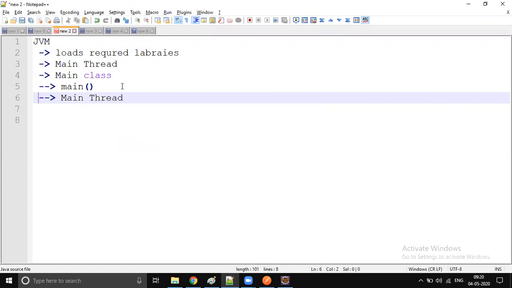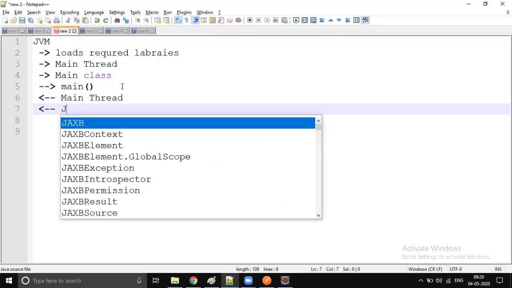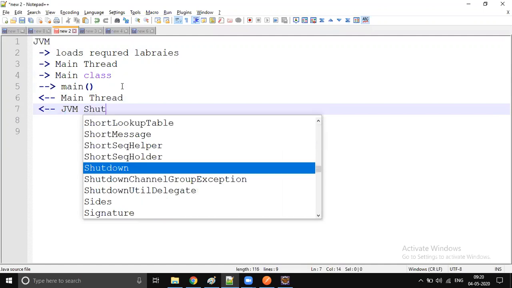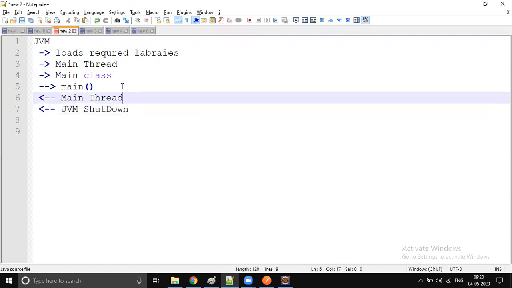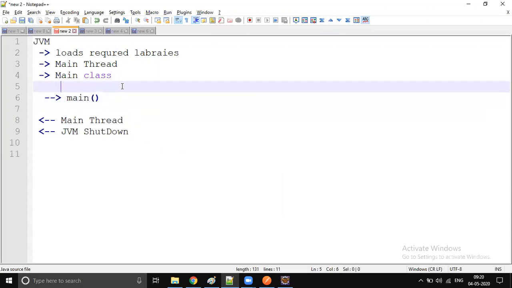I'll put this in reverse. The main class will be unloaded, the main thread will be killed, and finally the JVM will be shutting down. So we added some more spice to this. What did we do? In this class, we added some